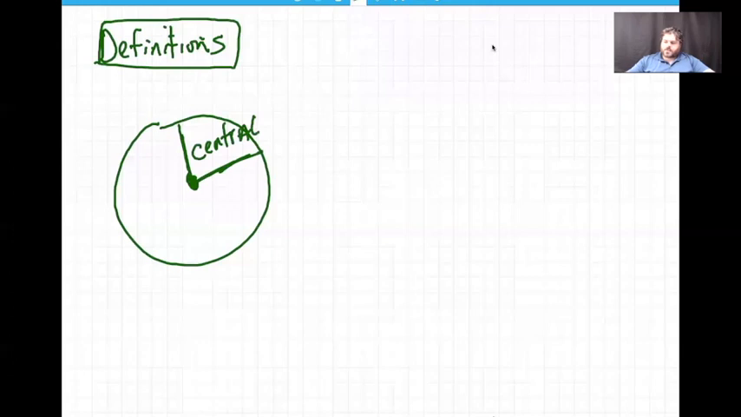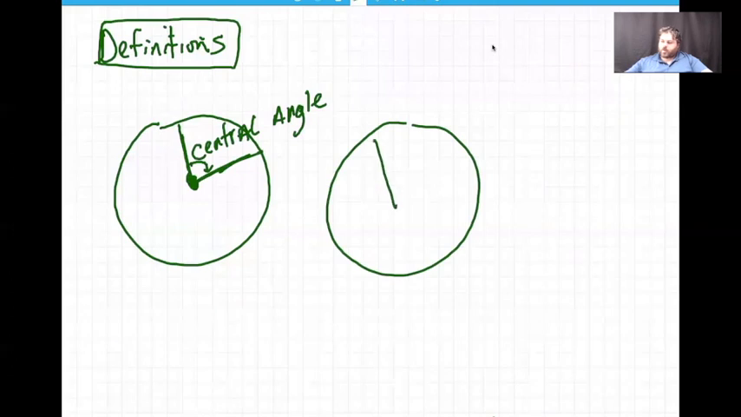It's easy to remember because it's in the center of the circle. So that's, of course, why it's called a central angle. Okay? It's this distance from here to here. That angle that we sweep across, that's a central angle. Okay? The next thing you got to know is when you have one of these central angles, it defines